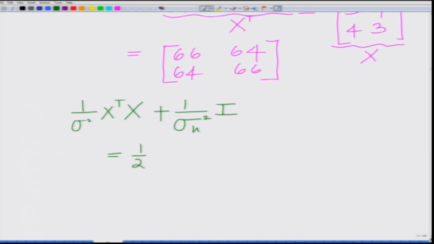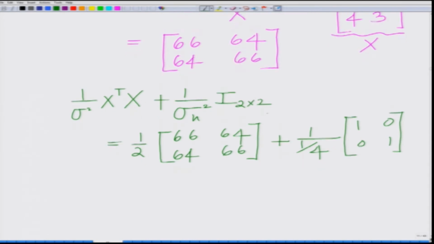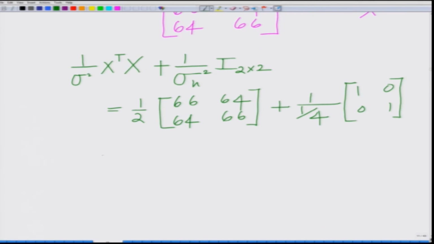This becomes half of 66 64 into 64 66 plus 1 over sigma h square. Sigma h square is 1 by 4. So, 1 over 1 by 4 times the identity matrix 1 0 0 1. Of course, this is the 2 cross 2 identity matrix, that is the m cross m identity matrix, which will